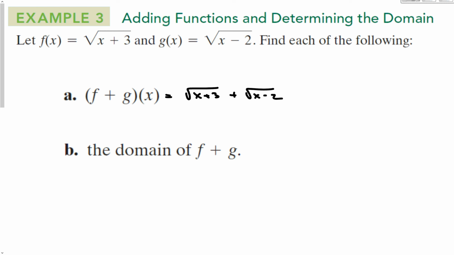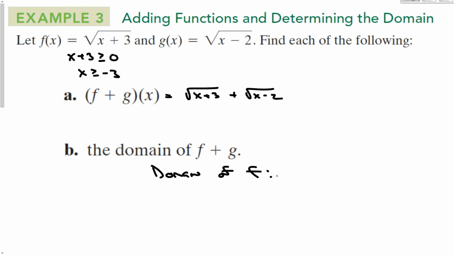To find the domain for part B, we need to first look at the domain of f and g, and we need to see where they intersect. The domain here is everywhere that makes this positive. Well, before we get to domain, we can say that I want x plus 3 to be greater than or equal to 0. 0 is okay. So x has to be greater than or equal to -3, which makes the domain